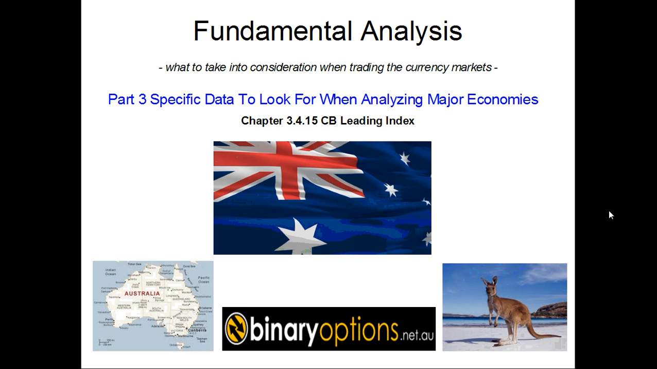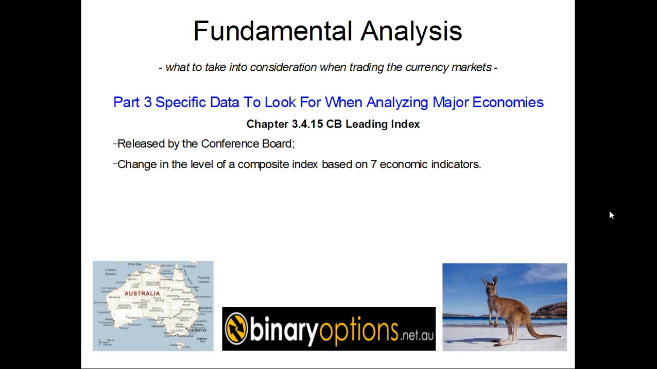The release date is monthly, about 55 days after the month ends, and the release time is 0000 GMT during the Asian trading session. Low levels of volatility are expected, and this is why this one is considered to be second-tier data. However, because it shows a change in the level of a composite index based on 7 economic indicators,